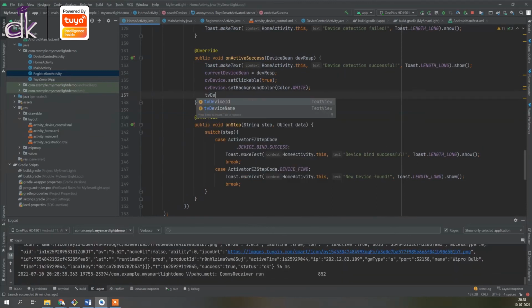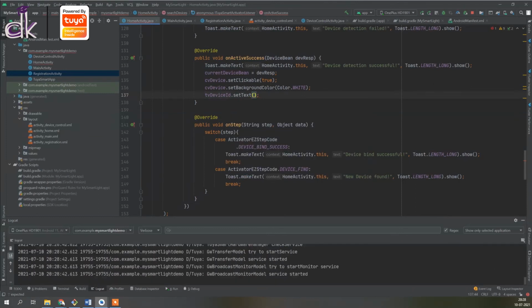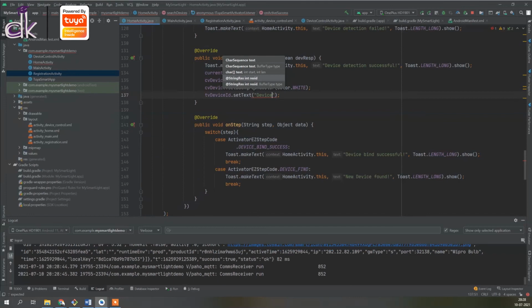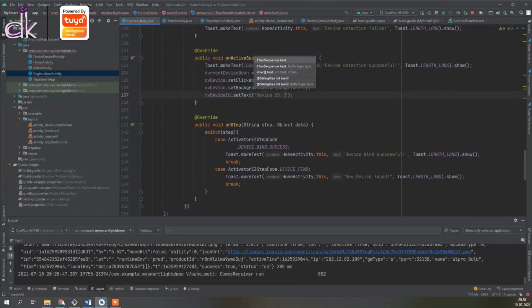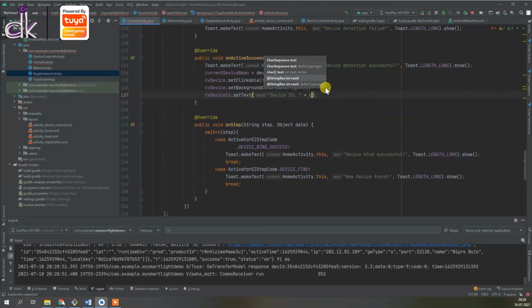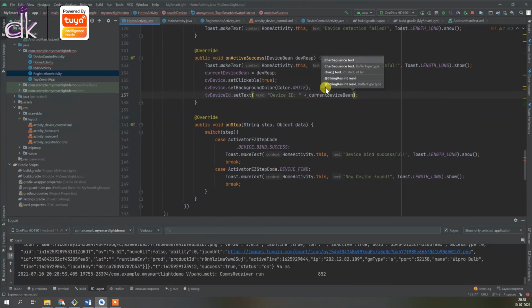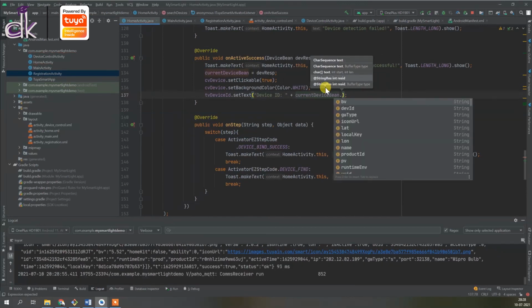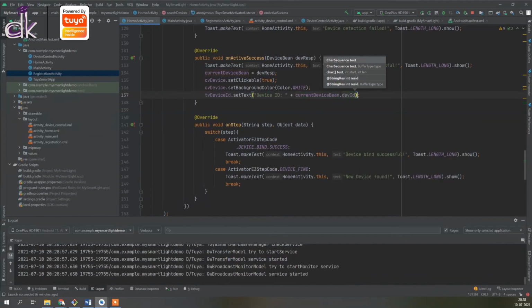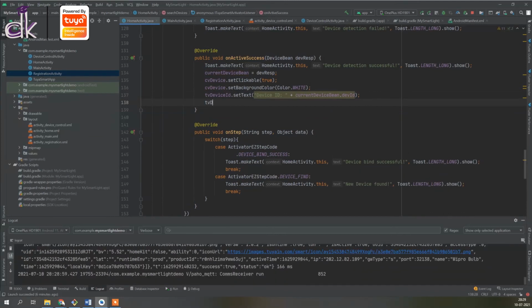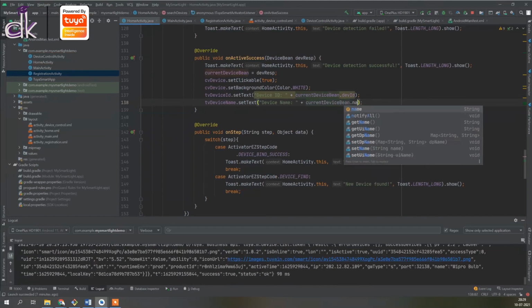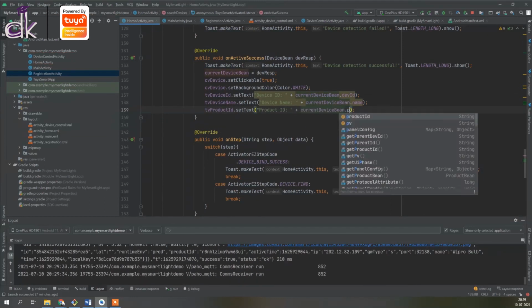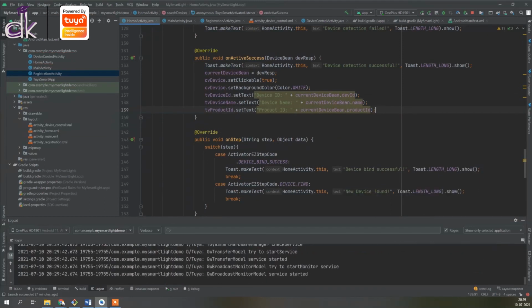TV device ID dot set text will be device ID, give a colon, and append it with the plus operator and pass current device bean dot dev id.